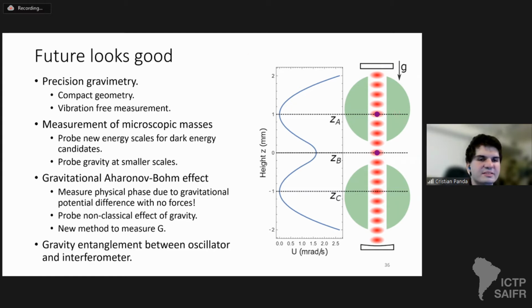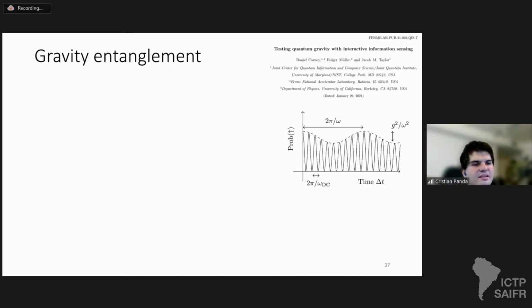I'll also mention a recent development: an opportunity to test the quantum nature of gravity by measuring the entanglement between a mechanical oscillator and our interferometer. These ideas were already described better than I could ever have by Jake Taylor and Dan Carney at this conference, and they were published earlier this year together with Holger Müller. Without going into too much detail, the idea is that gravity is mediated between a high-Q mechanical oscillator and our interferometer, and it would cause